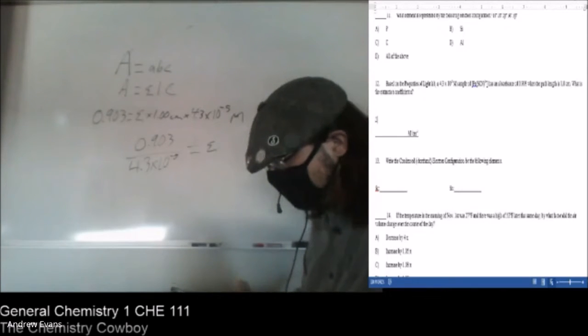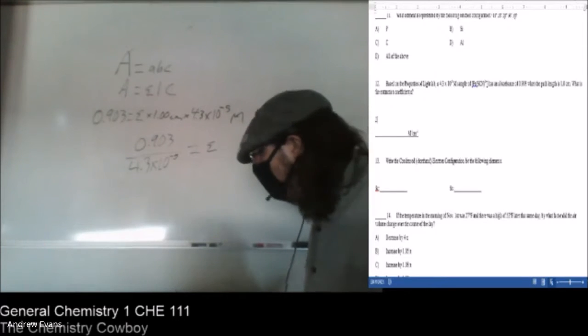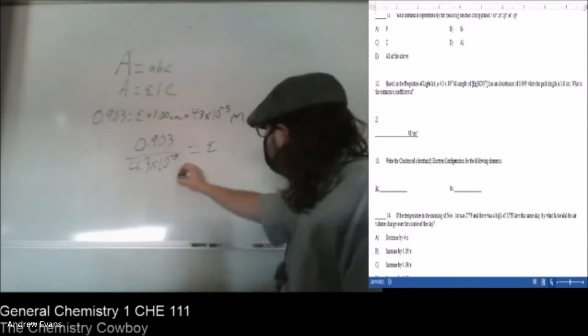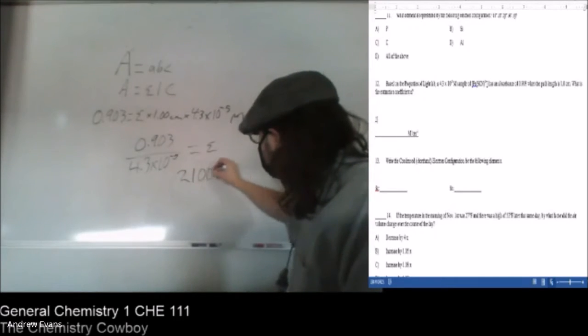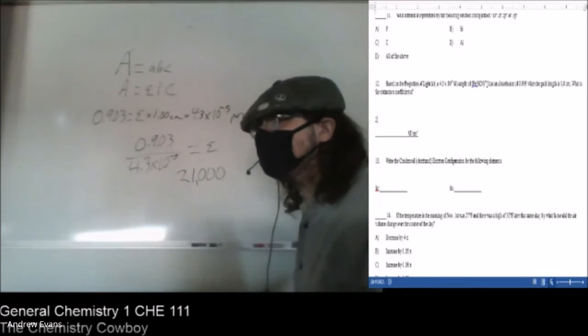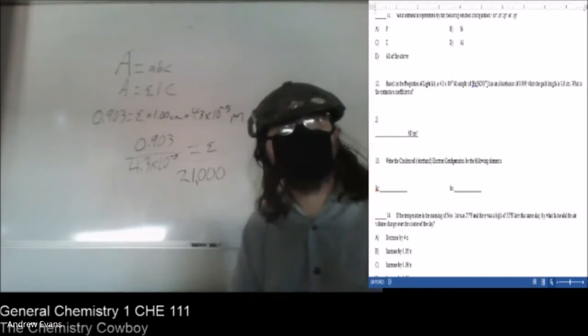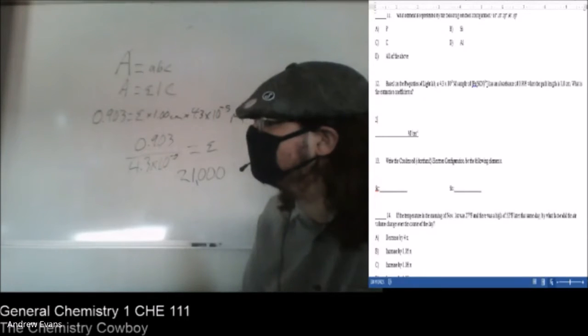Remember this one? 0.903. You get 2, 1, 0, 0, 0. 21,000. So this is a really high extinction coefficient. You don't need much concentration to get a very high absorbance. And that is